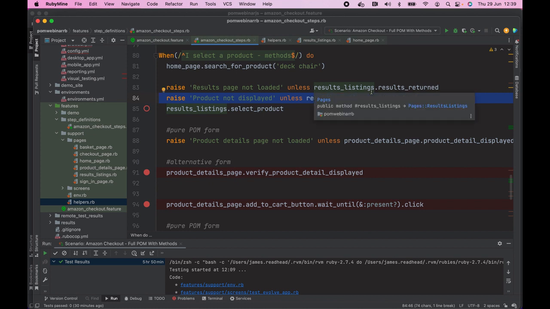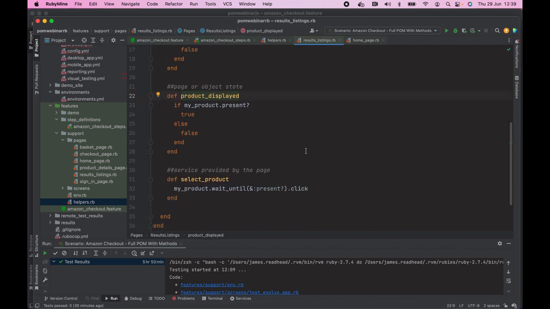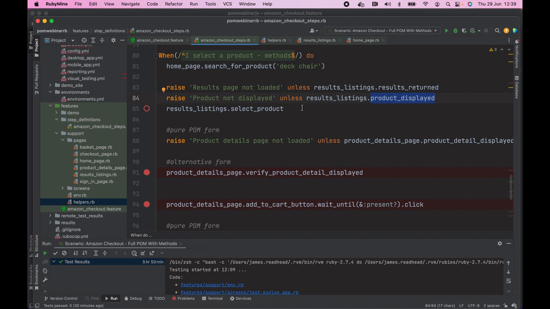So we're saying raise an error unless my product is also displayed. And that's been done in exactly the same way. This is a separate method, and it's checking for the existence of a separate element, right? So we're simply saying if my product is present, return true, else return false. So this is how we use the page object model within our tests to assert the correct state